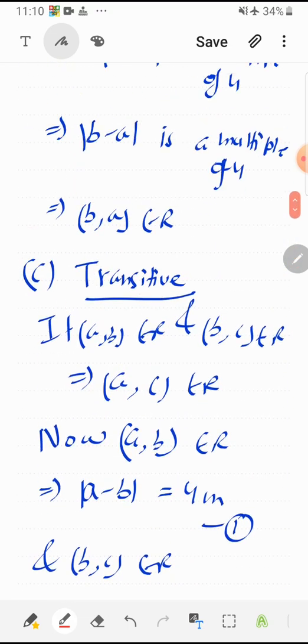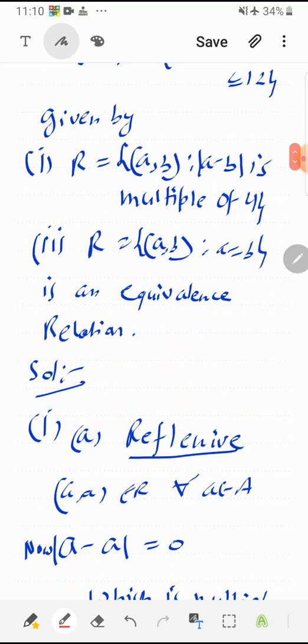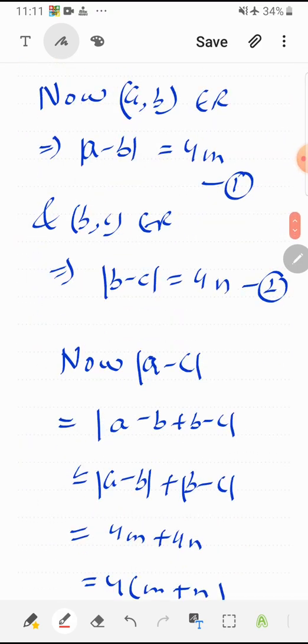The second question we can try ourselves because that is very easy. We can discuss verbally: a is equal to b, simple. So R is reflexive as a is equal to a. R is symmetric: if (a, b) belongs to R means a is equal to b, from here we can write b is equal to a, that means (b, a) belongs to R. And transitive also: (a, b) means a is equal to b, (b, c) means b is equal to c. So from a equals b and b equals c we can write a is equal to c, that means (a, c) belongs to R. So this is transitive also and hence an equivalence relation. So it is easy, you can try yourself.